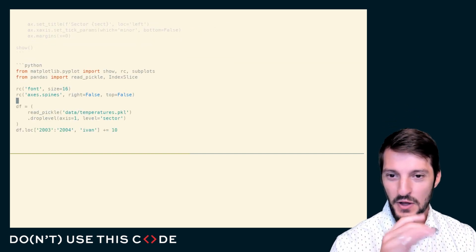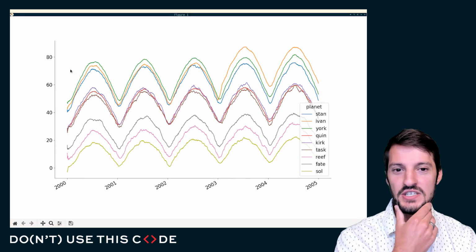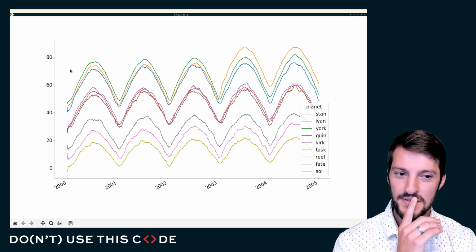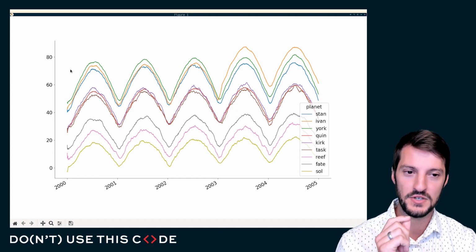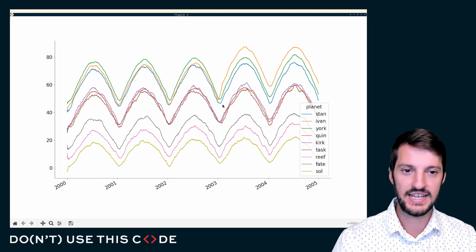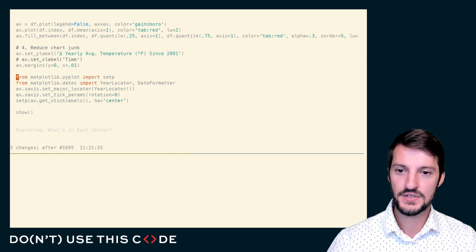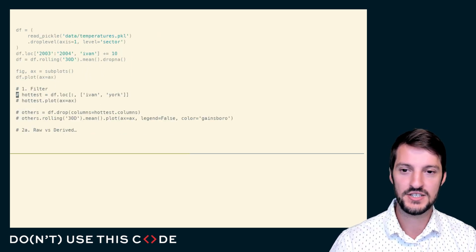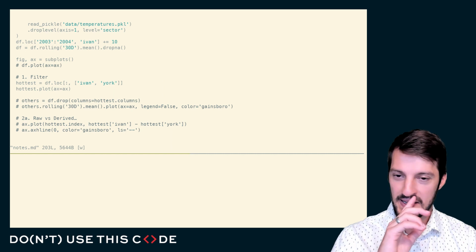Now, if I want to zoom in a little bit on that Sector 1, well, maybe I would just sub-select a couple of planets. So here we have our original data visualization, and what if I just want to focus in on the two hottest planets here from Sector 1? I want to focus on, and looking at my legend here, Ivan and York. And what I'll do is I can start filtering my data. Oftentimes, we have too much data that we're trying to show at once, especially for something that's communicative. And so it's in our best interest to really just filter that down. And so I'll go ahead and get rid of the other lines here, and we'll just plot